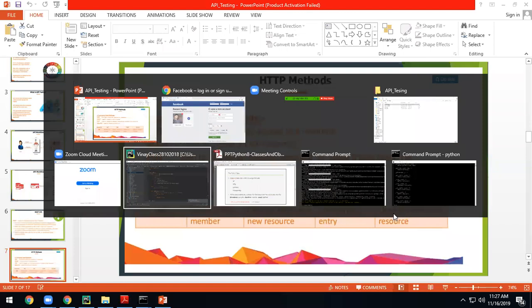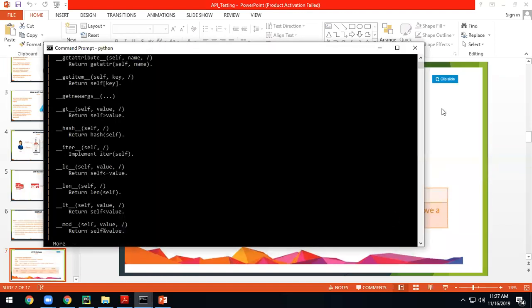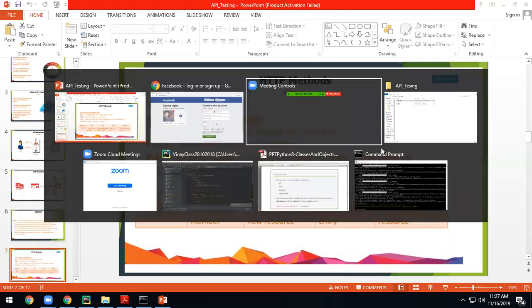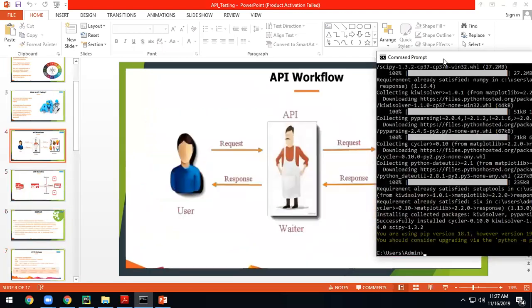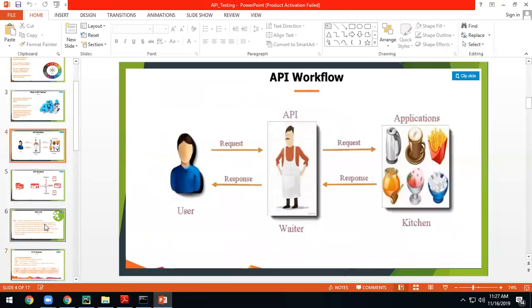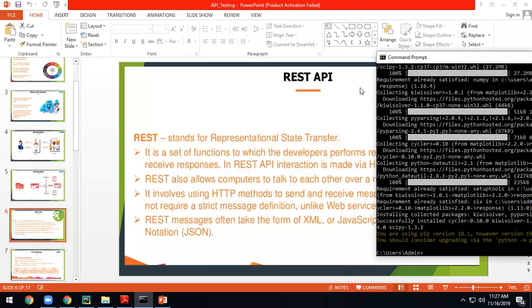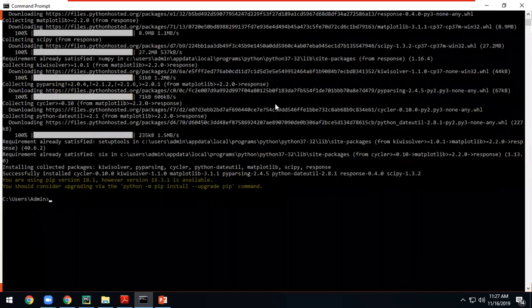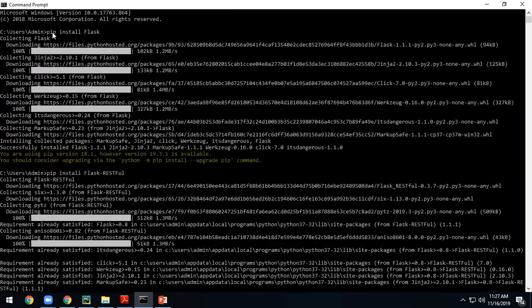Open a command prompt and install these facilities. Pip install Flask.